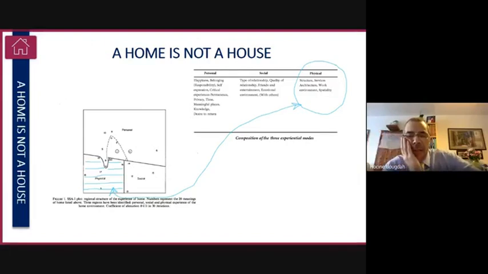It seems to act as a focus for the person's activity, memories, and experience, indeed their sense of identity. So these three models of perceiving the home really articulate the difference between a home and a house.